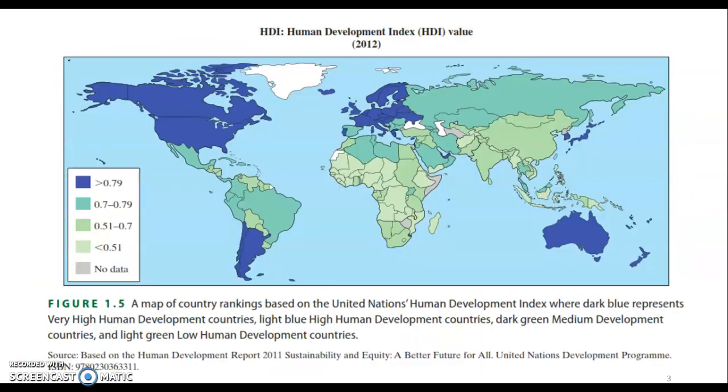And it just so happens that there is actually a measure of how well humans live in every country. And so this measurement is called the Human Development Index, and it is actually made up of three measures. The first measure is about life expectancy. The second measure is about education, and the third measure is about GDP, gross domestic product, or how much a country generates in